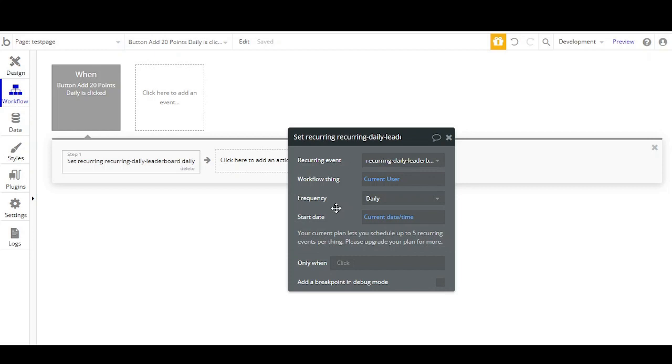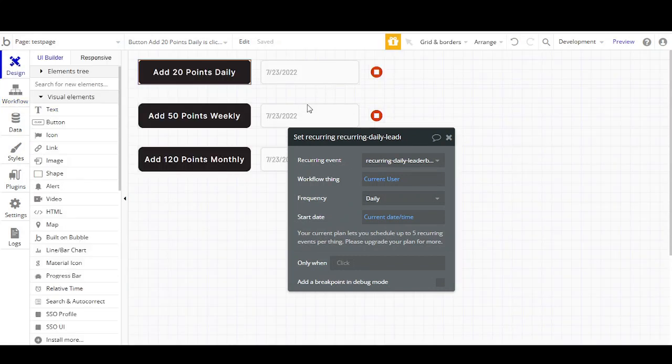So I can say that I want this workflow to start 7 days from now. I want this workflow to start 2 days from now. But I want this workflow to start now so that by the next 7 days, you're going to see it's going. Right. So you can do the same thing